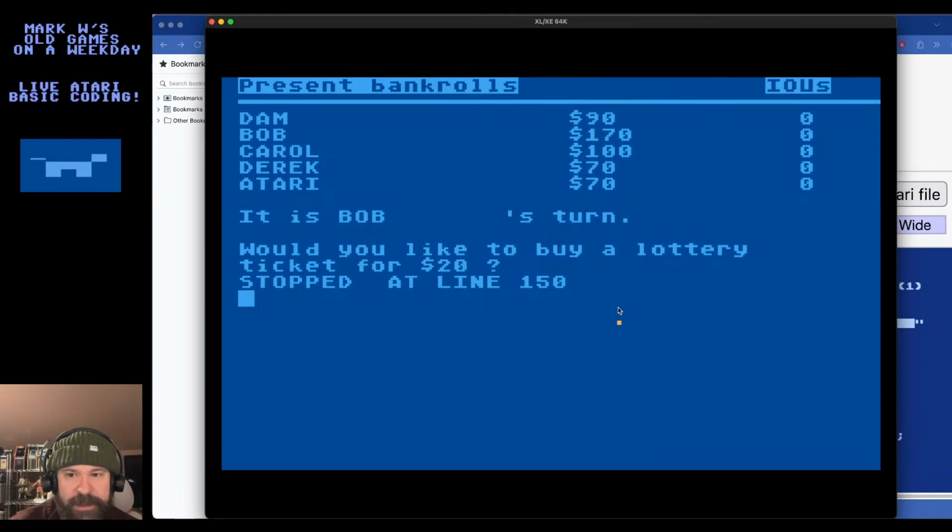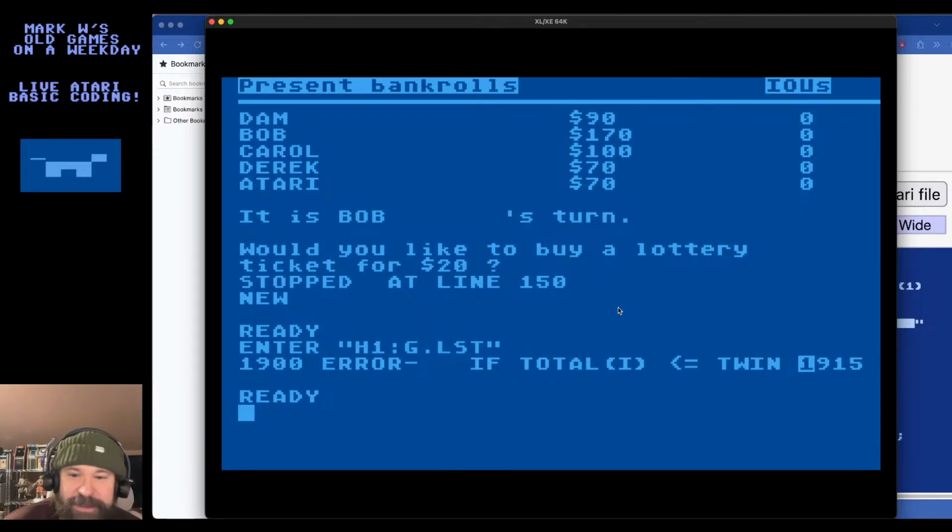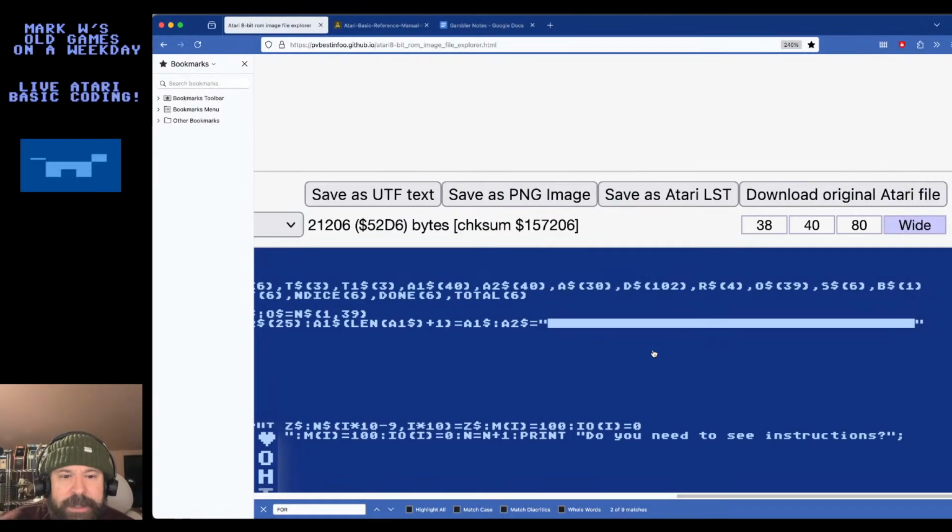I feel like the light at the end of the tunnel is approaching. What are we calling this? G.list. Nothing but a G-list thing. And I'm calling the file G.list, my automated script, just so I don't have to type gambler out every time. So again, I could probably make this a macro. Again, though, if I send keystrokes too fast, it doesn't accept them all. Anyway, what happened here? Oh, did I not type then? Oh. Total I less than or equal to 20. Yeah, I didn't type then.